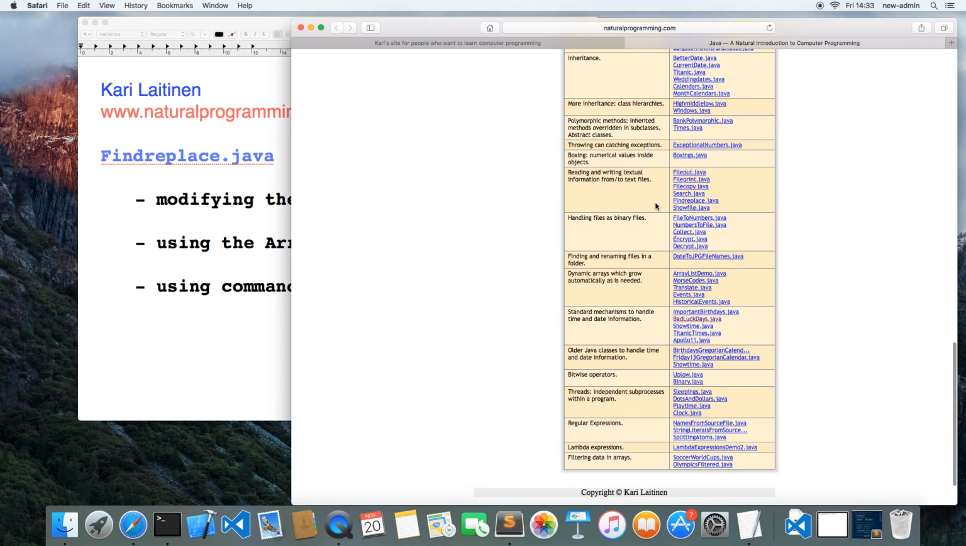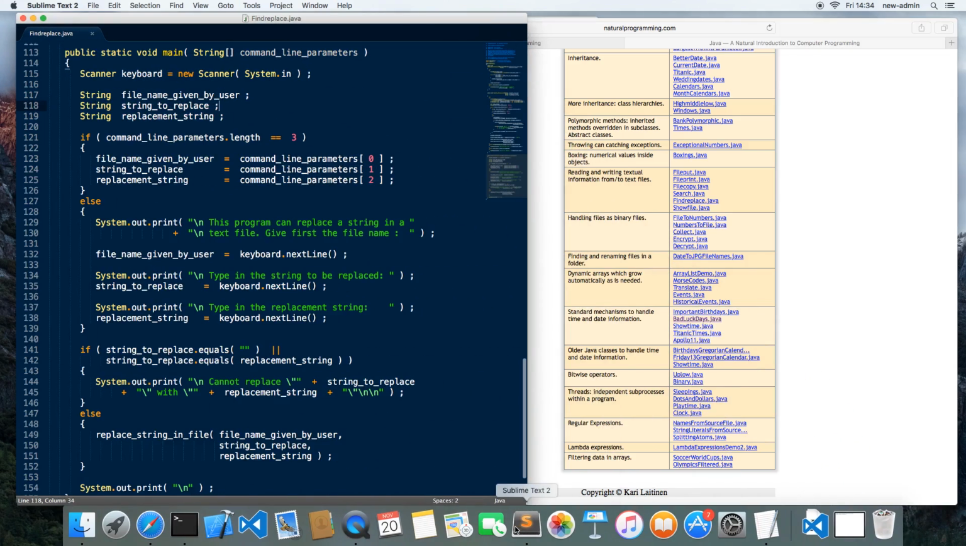the place called reading and writing textual information from two text files, and there is one program called Findreplace.java. So you can copy this program by control clicking or right clicking it. I have already copied the program and I have it here in the editor,